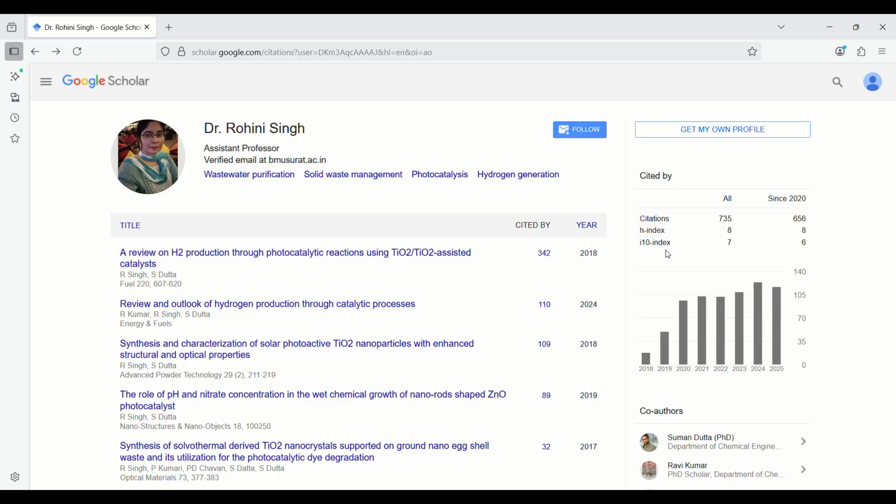So hope you understood my point. Now we can come to H-index. What is H-index? It's a bit tricky to understand. The H-index is the number of papers that have received at least that same number of citations. Taking the example of my profile, the H-index is 8.